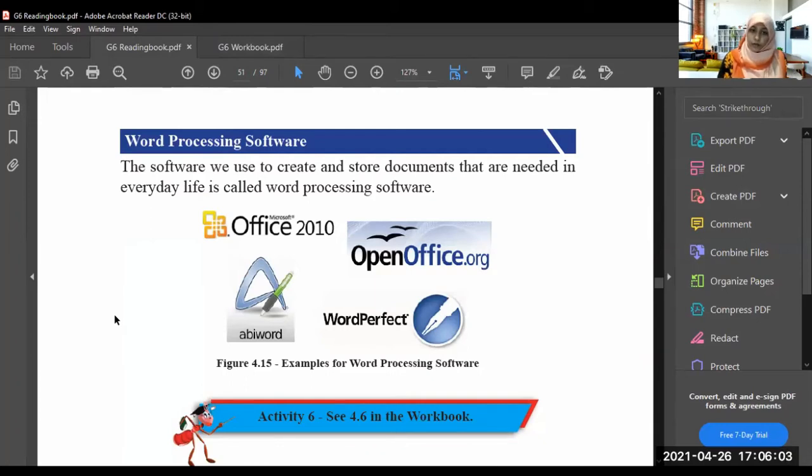There are a lot of word processing softwares. Some of them are Office 2010, Open Office, AbiWord, and WordPerfect.